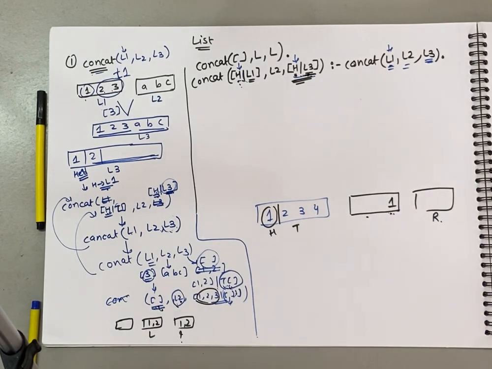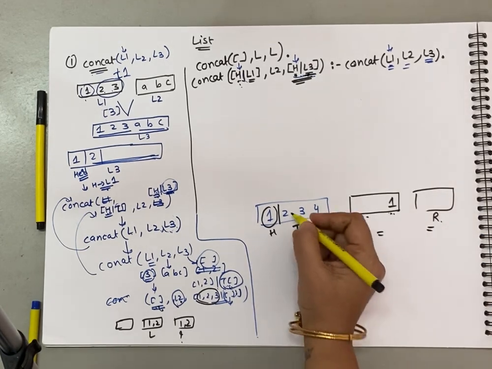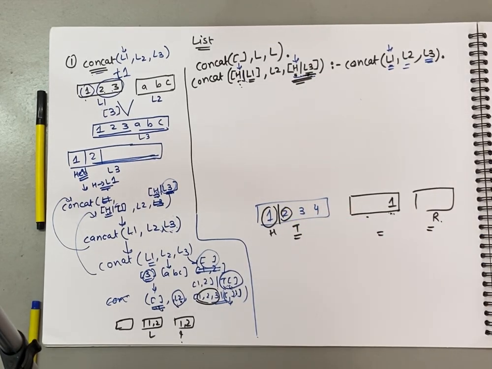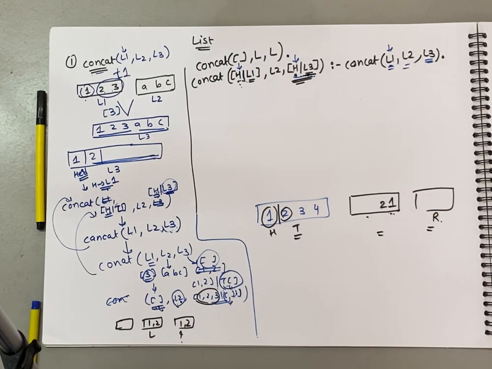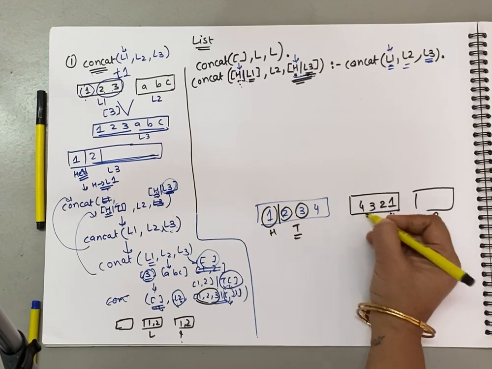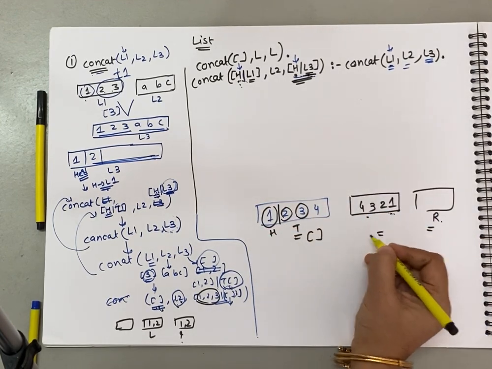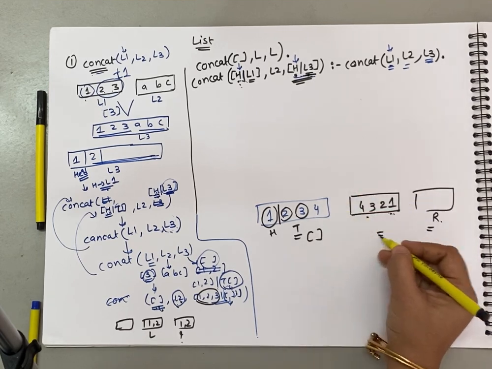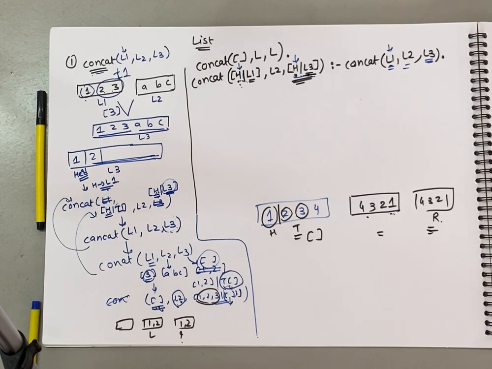Now I will recursively pass this tail, this list, and this resultant list. Again, head element 2 I am going to add over here in this list, so it will be added as the head of the list. The next element again becomes head of the list, and the next element head of the list. That way you will have the reverse. When the entire list is empty, the list which I have as the second argument, I am going to copy over here. So it will be 4 3 2 1. Are you getting this? Let me write the code so it will be more clear to you.